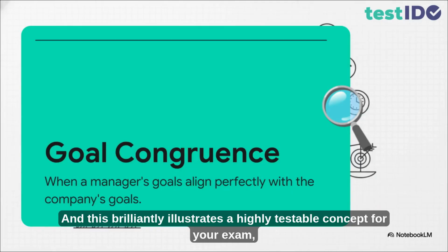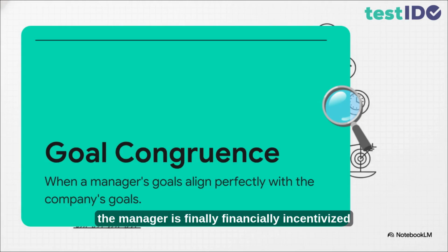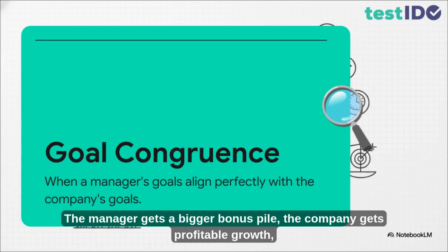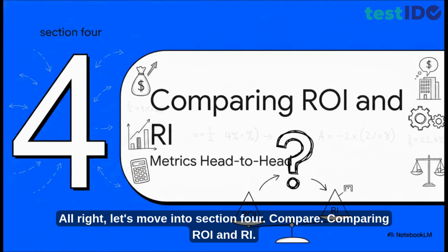And this brilliantly illustrates a highly testable concept for your exam, goal congruence. By simply switching the measurement from percentages over to absolute leftover dollars, the manager is finally financially incentivized to do exactly what the company wants them to do, which is accept all profitable projects. The manager gets a bigger bonus pile, the company gets profitable growth, and suddenly everybody is rowing in the exact same direction. All right, let's move into Section 4,